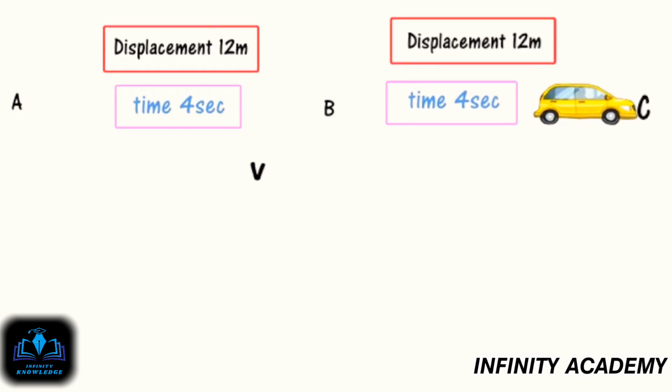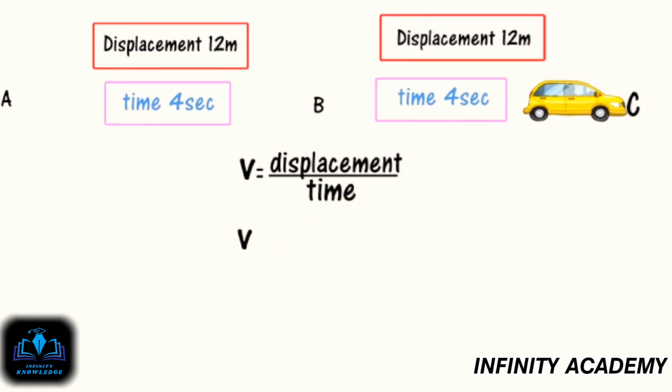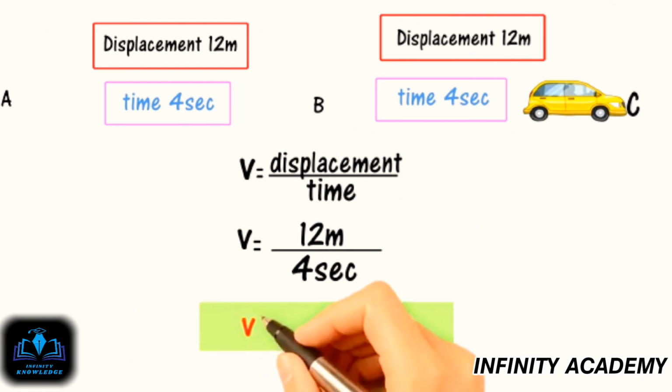Now we already know that velocity is equal to displacement divided by time. Here velocity is equal to 12 meters divided by 4 seconds, and we get velocity equal to 3